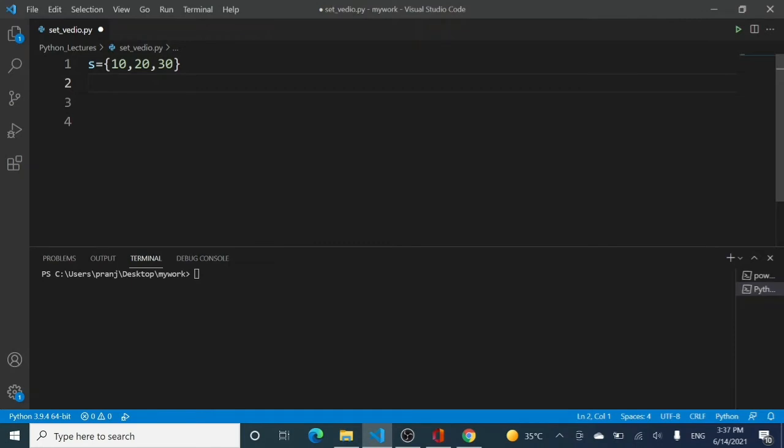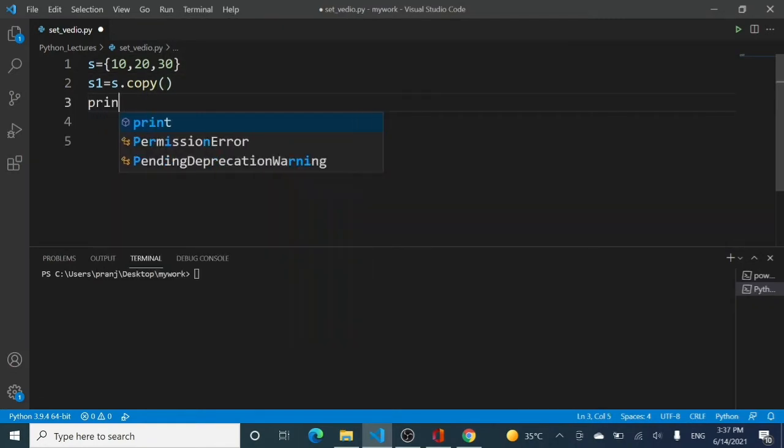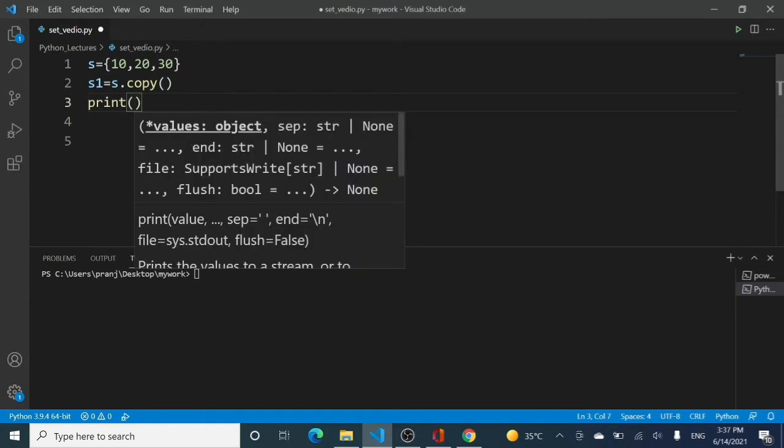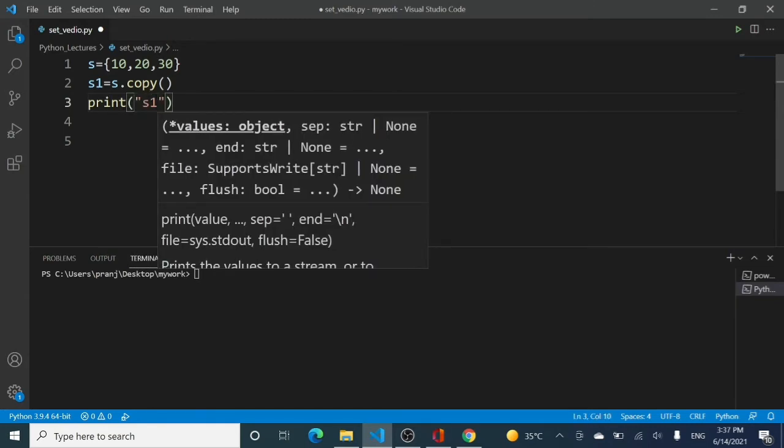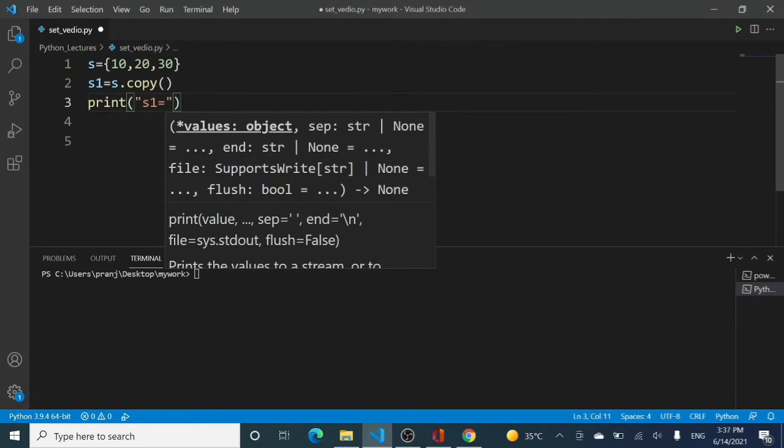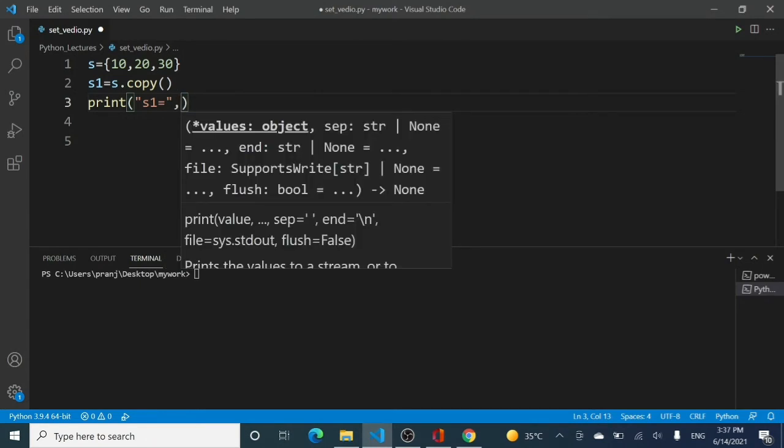So here on your screen, I have taken a set with 3 values, and now I will be creating a new set that is equal to S dot copy. It creates a shallow copy over here. And now I will be printing the value of S1.